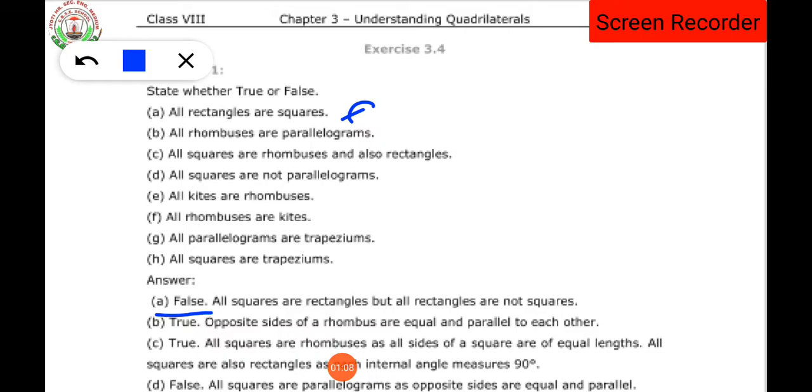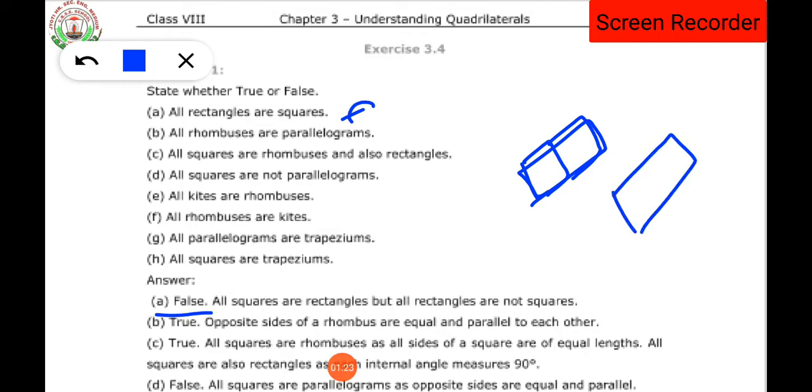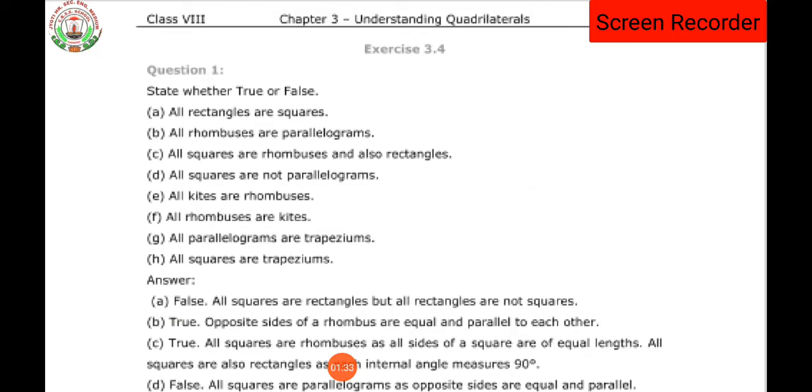जो आपका square है, for example two squares, when we join the two squares, of course it becomes a rectangle. Can you see a rectangle applied on the screen? But when you draw a rectangle, you cannot form a square. Means a square can be a rectangle but a rectangle cannot be a square. So that's why the statement in part A is false.